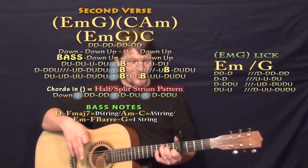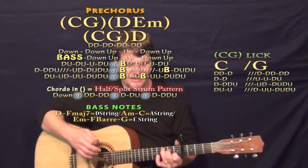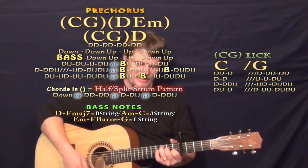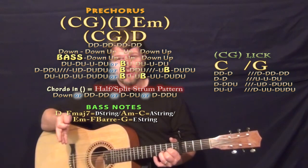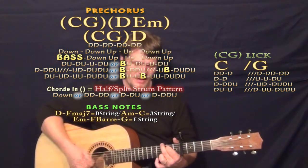From there, then we're going into our pre-chorus. So we tried that with a bass, down, up, down, up. We have the C, G, D, E minor, C, G, and our D build up. Kind of through that. Or if you're digging on the 16th, we have the C, G, D,